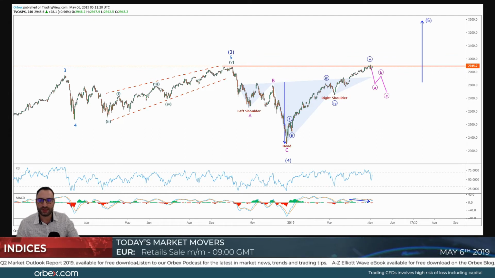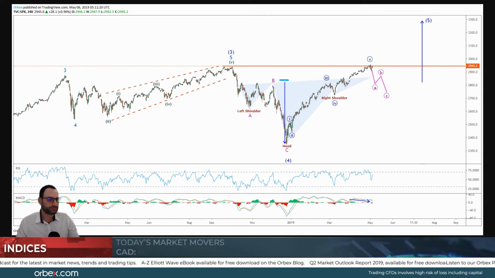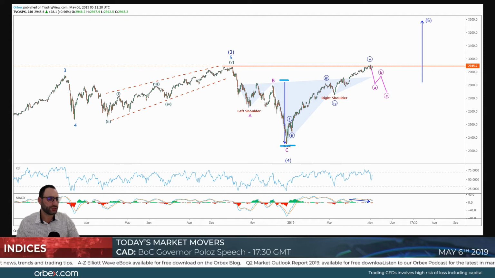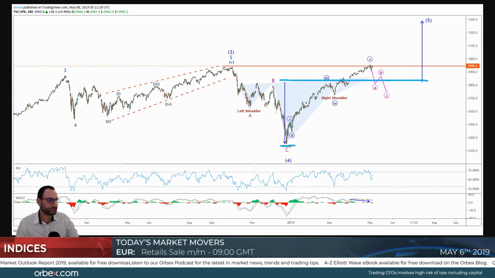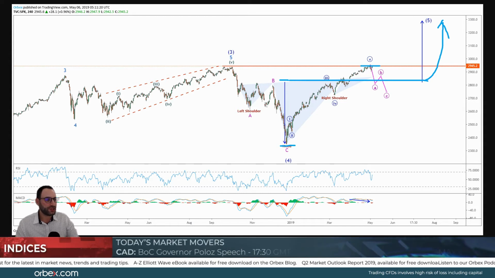Now I want to go to the S&P. We've been expecting the S&P to correct a little bit and then move to complete the duplication of the head and shoulders range that we saw weeks ago. And what we can expect from here is prices in the medium to long term to move around 330. Now, we've had a rejection right at this very strong resistance level at 29.45, and we could see a correction that might